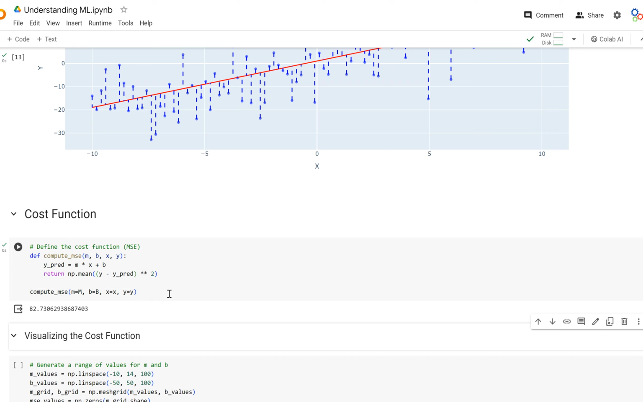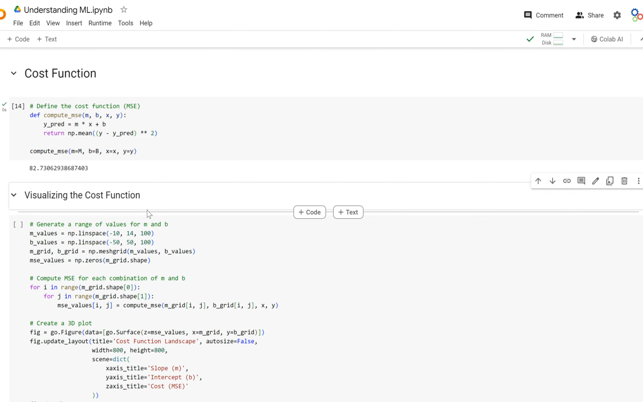And so for m equals 2 and b equals 1, that y equals 2x plus 1, the mean squared error across the entire data set is 82.73. Our question now is, is that the best? And so we can visualize this cost function